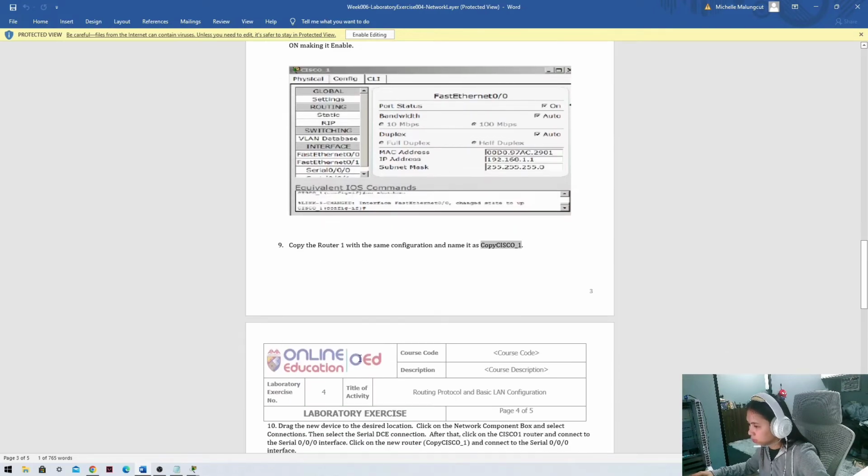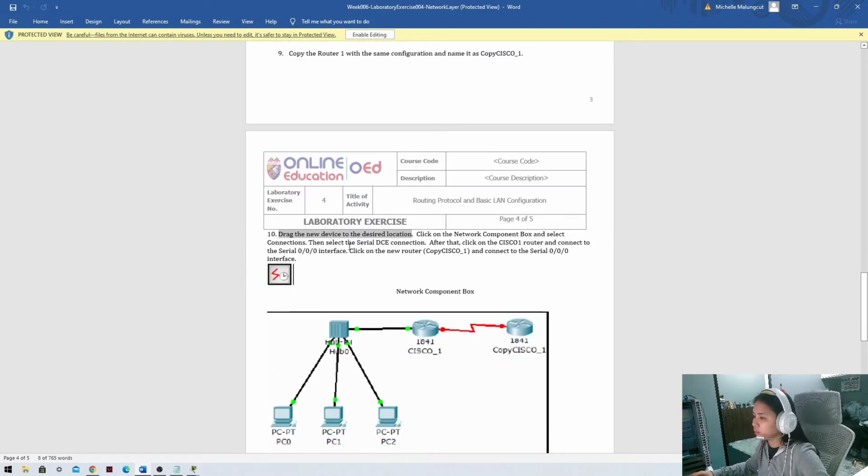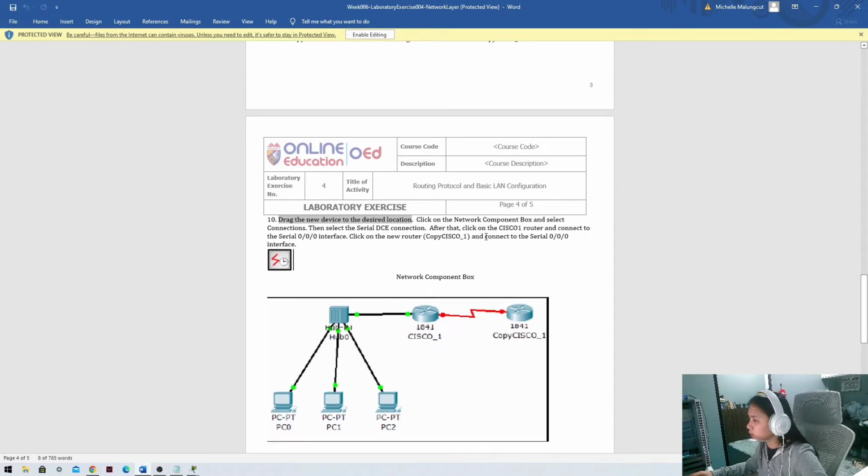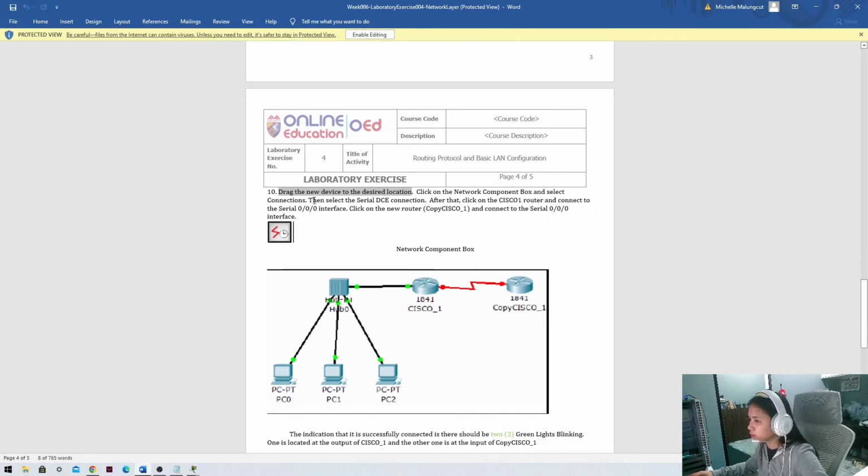Copy Cisco. Drag the device to the start location. Click on the network component box and select connections. Then select the serial DCE connection. After that, click on the Cisco 1 router and connect to the serial 0/0/0 interface. Click on the new router, copy Cisco 1 and connect to the serial